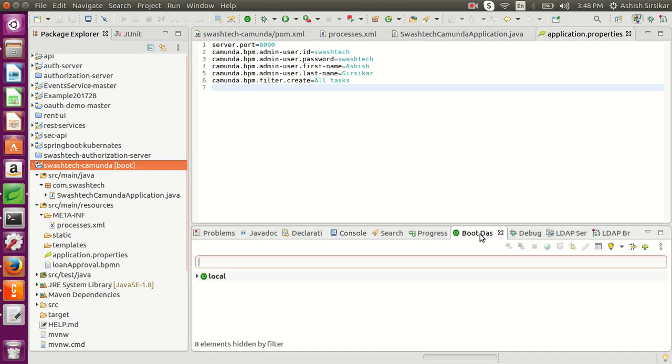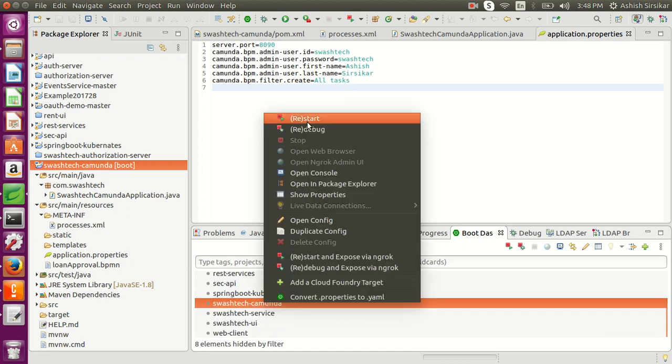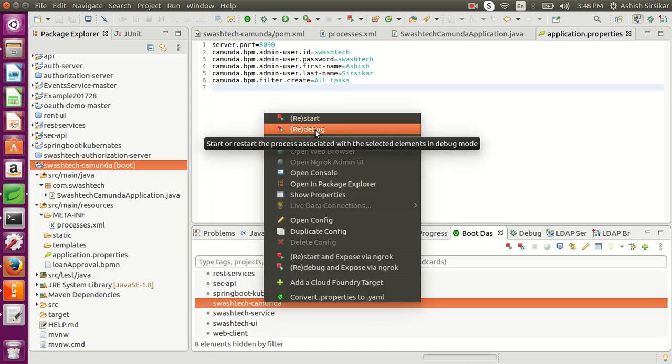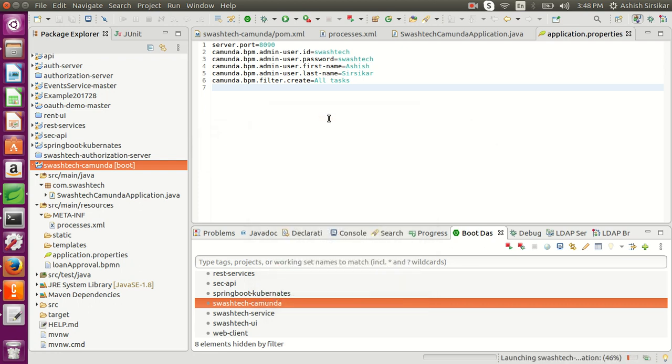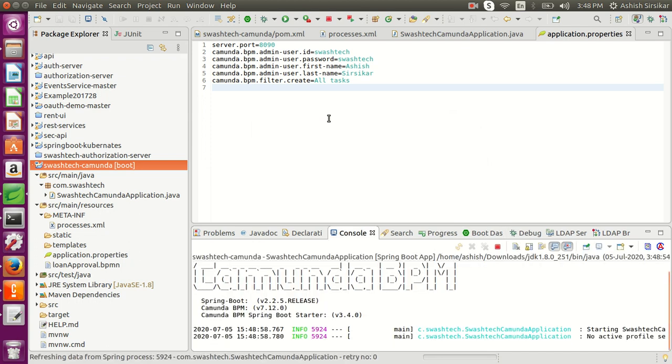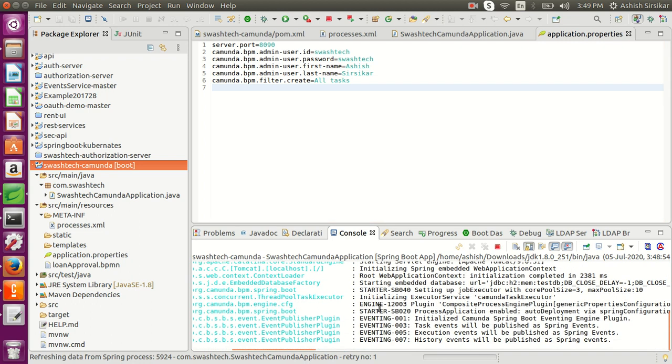So now I am deploying this Spring Boot application. See, I have started this Spring Boot application. You can see the log here as well.